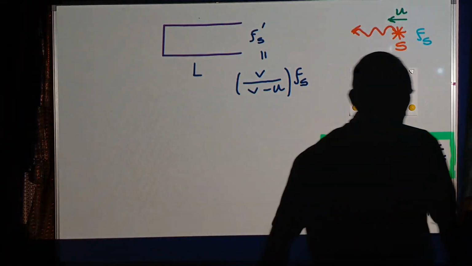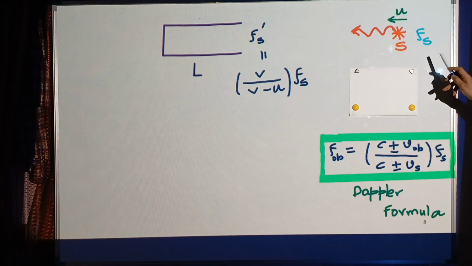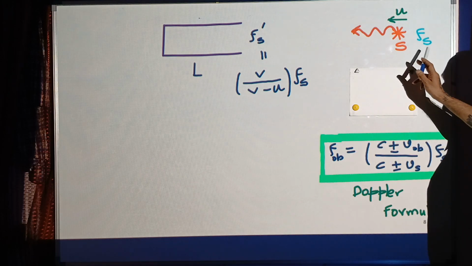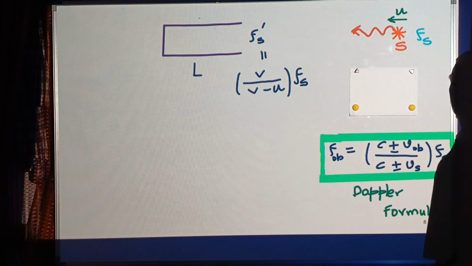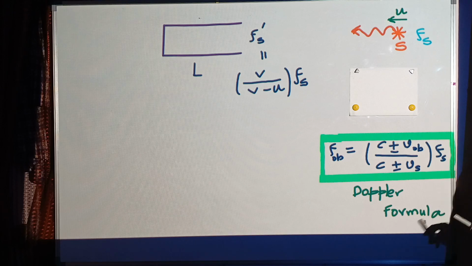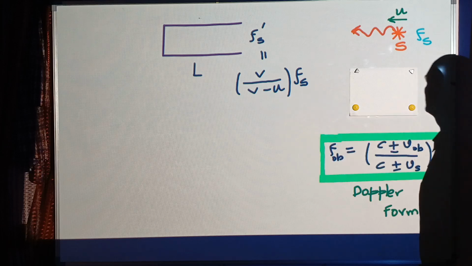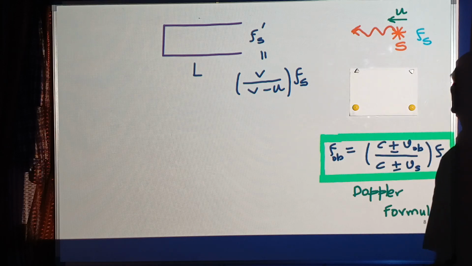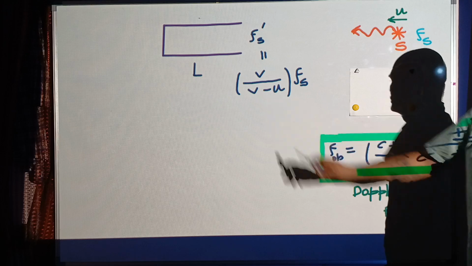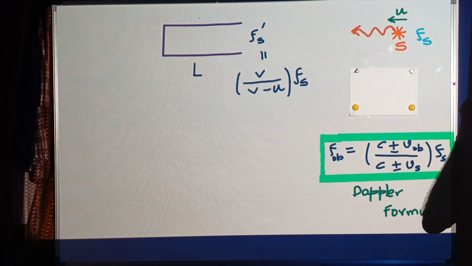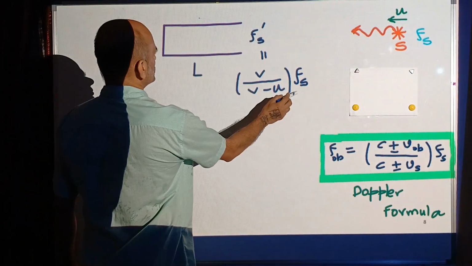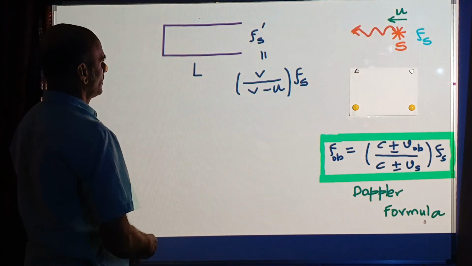So there is a source emitting sound at the frequency Fs moving with velocity u towards a stationary pipe of length L. So the frequency of sound as it reaches this stationary observer will be given by this Doppler formula. Here this observer is stationary, so VOB is 0, and the source is moving with velocity u, so u will be here. And since the source is moving towards the observer, it will contribute to increasing the frequency, so it should be V minus u. Numerator V will be 0. So this frequency is related to the source frequency emitted by the source by this factor. So option A,